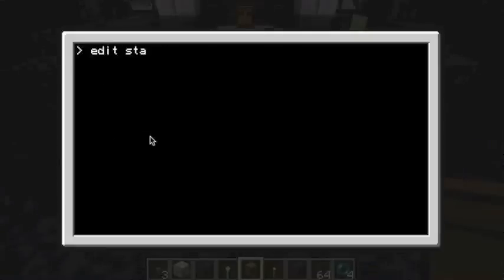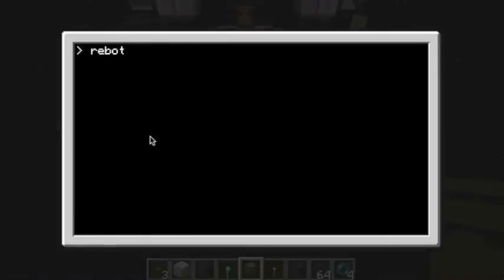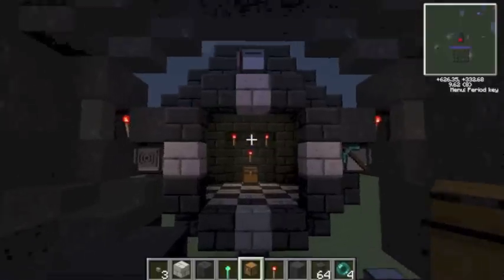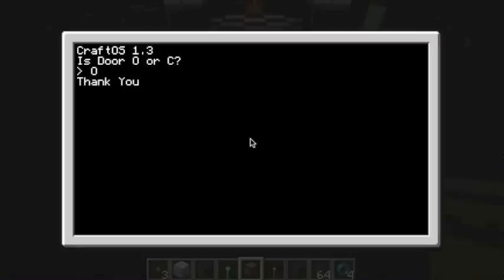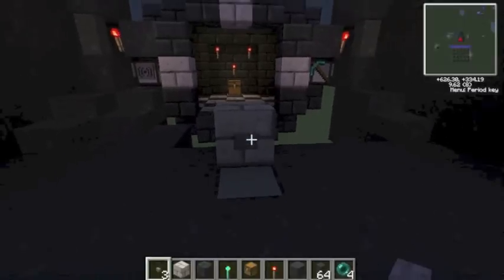If we look at the startup of this computer as well, we can see what it does is it opens the rednet, and then it says, is the door open or closed? And then this is where it takes a user input. So if we just reboot the computer, it says, is the door open or closed? Now currently it's open, so we put open, goes thank you, and now when we press the button here, it